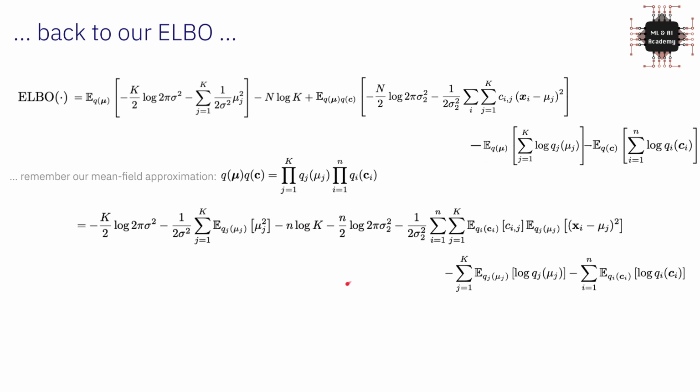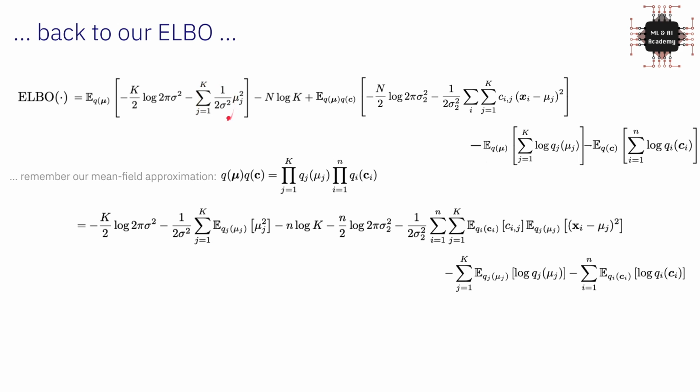And then what we did here is we just introduced this q of mu in this equation. So we said that, okay, q of mu is that product and q of c is that product. And that's why now we can introduce this assumption into this equation, allowing us to, in fact, be able to rewrite